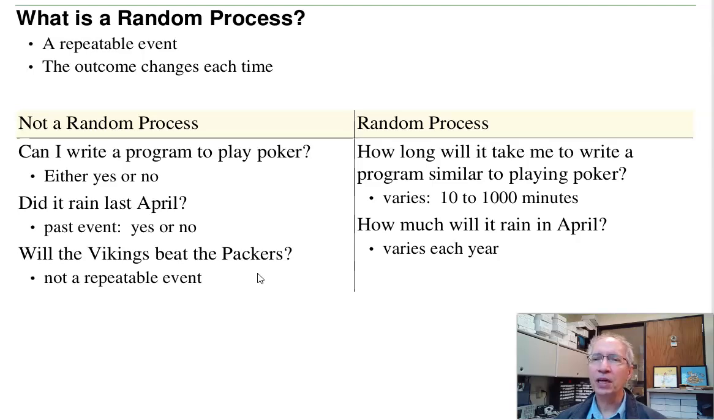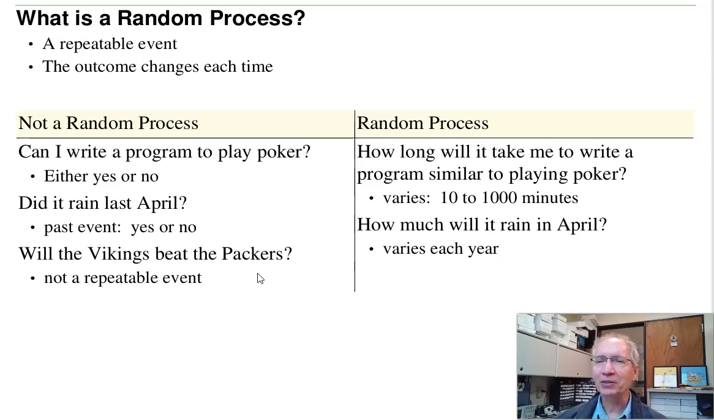That's the first part of the course, basically a background on statistics. Now, some things are random processes, some things are not. A random process is a repeatable event where the outcome is different every time. Now, some things are not random processes. If I ask a question like, can I write a program to play poker? Well, that's not really a random process. That's either yes or no. If I ask, did it rain last April? That's something about the past. I can look it up. I can do a Google search and find out, did it rain in Fargo last April? The answer is yes or no. If I ask about the Packers beating the Vikings,